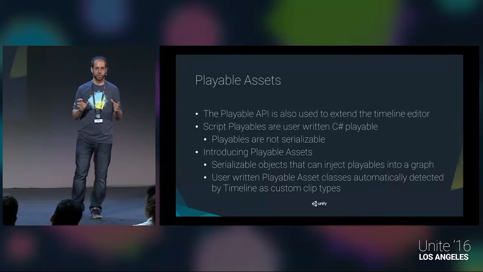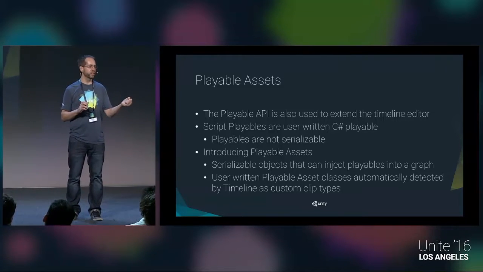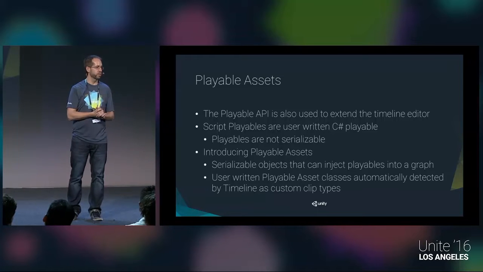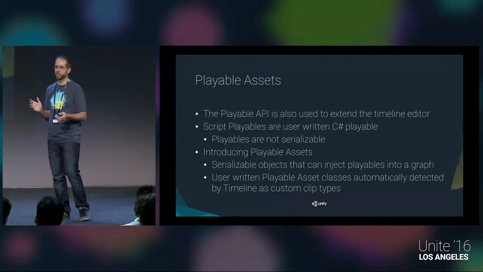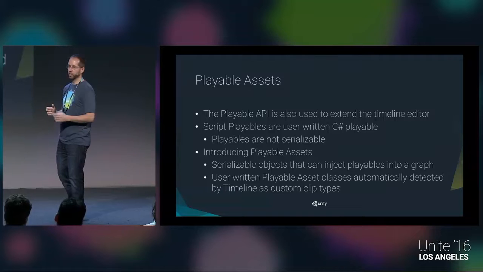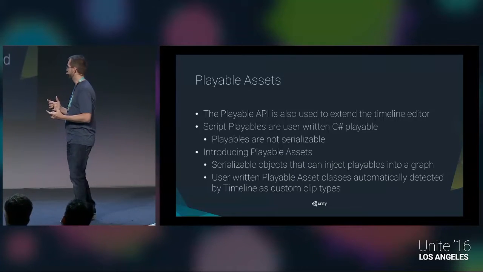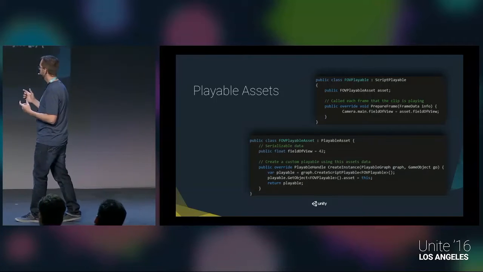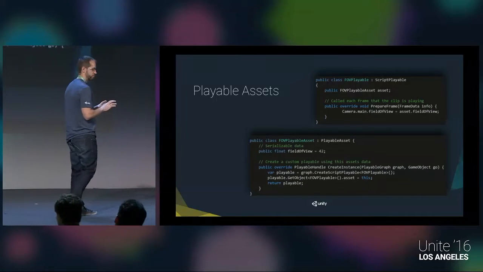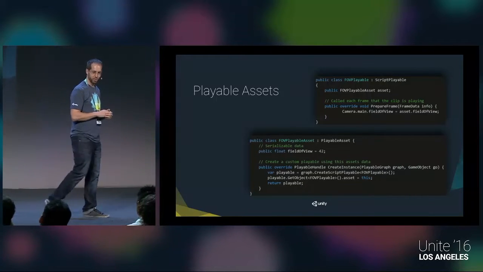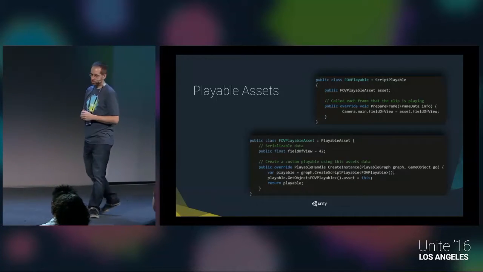What this allows us to do is if you make a playable asset, if you define your own playable asset subclass, we can automatically detect that, oh, hey, we can create clips of this type. So it's really, really easy to extend timeline. Right? So to give you guys a really, really contrived and trivial example here, there's